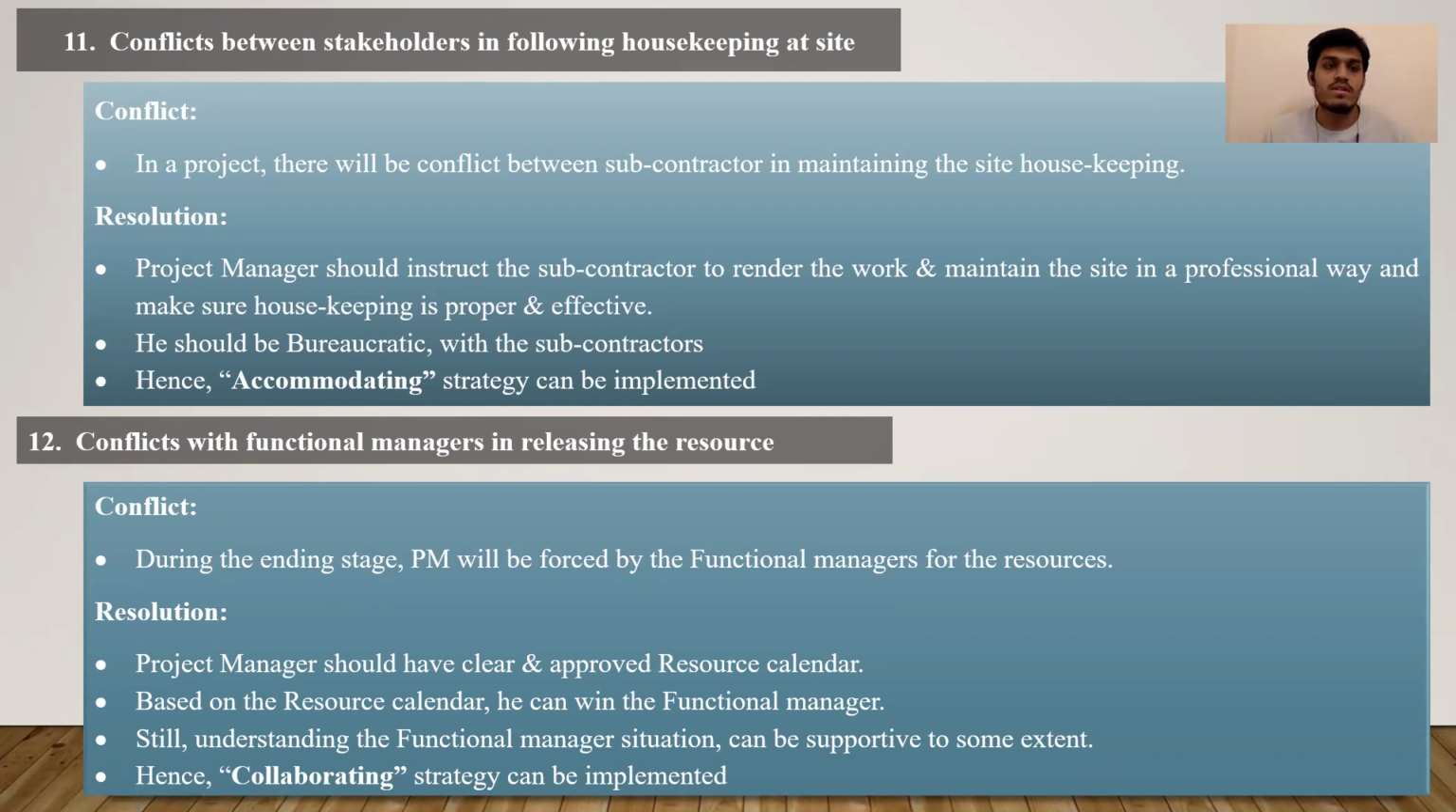Hi, I'm Saurin Desan, and I'll be continuing with more conflicts, which are conflicts between stakeholders in following housekeeping at site. The conflict which can occur is a conflict between subcontractors in maintaining the site housekeeping, like who will be maintaining the housekeeping part. So what resolution